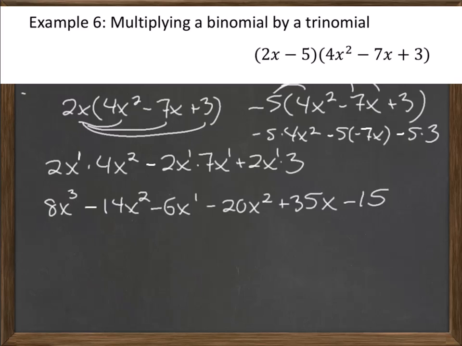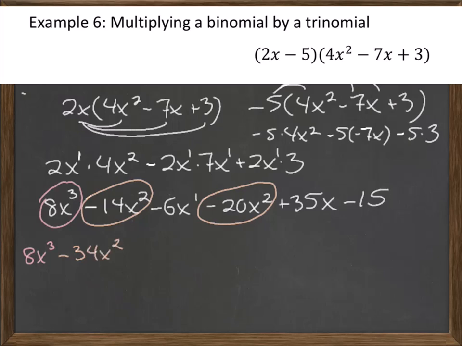So, unfortunately, we're not quite finished yet because we probably have some like terms floating around in this expression. So let's start with x cubed. Do you see any other terms that have a cubed in them? I don't, so I'm just going to write 8x cubed. Remember, we also always work in descending order of exponents. The other thing to remember is that the sign in front of the term always goes with the term. So for example, this is not 14x squared, it's negative 14x squared. So we have negative 14x squared minus 20x squared. That gives us negative